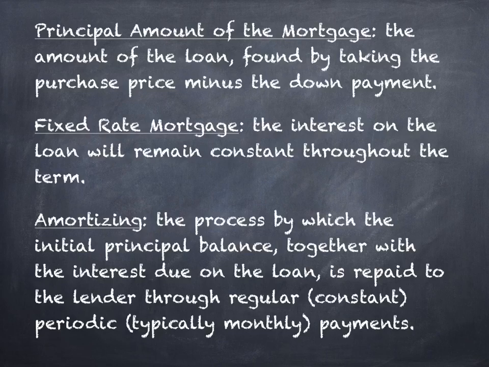We'll talk about them briefly at the end of this section because I want you to be aware that they exist, and I'm discouraging you from ever using them, and we'll talk about why. All right? But this is a fixed rate mortgage. And then amortizing is the process that shows how much of the money you pay every month goes towards the principal and how much you pay in interest every month.